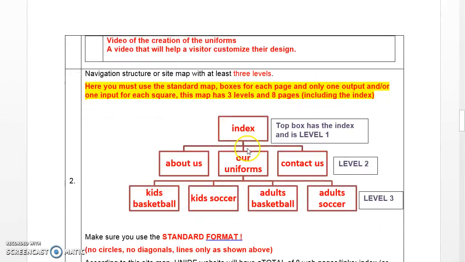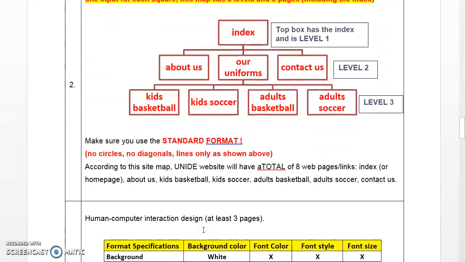Now, navigation structure, sitemap. Index should be on top, and then, of course, depending on my taste, here I have the about us. I decided to have a page called our uniforms, and below it kids basketball, kids soccer, adult basketball, and adult soccer. I have 3 levels. Index is on top, and remember the lines are only horizontal and vertical, and it's only like 1 line out of the box. This is the standard format. If you draw other things like circles, diagonals, clouds, or whatever, it's gonna be wrong because it's not the standard format. Okay, so here we have a total of 8 pages,